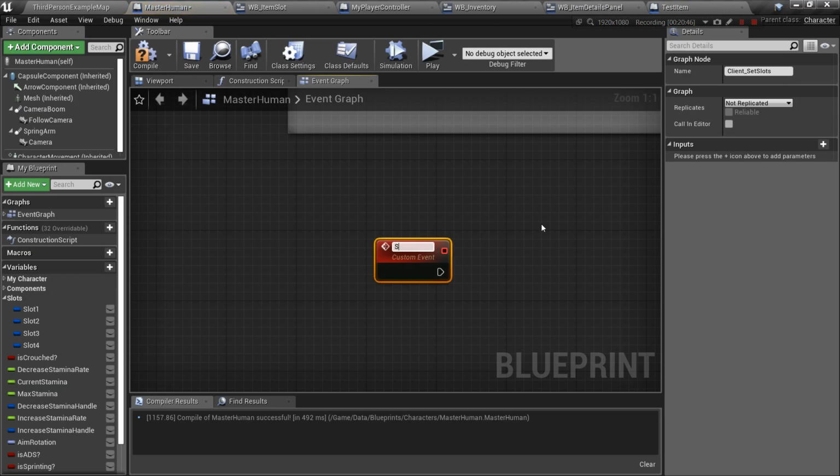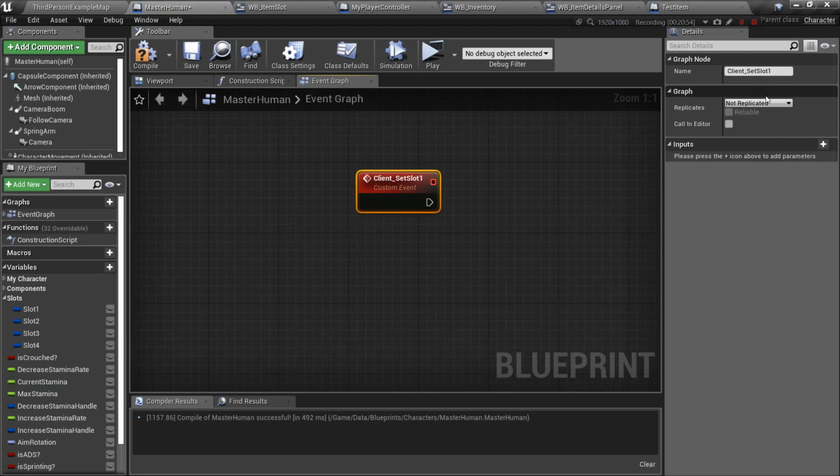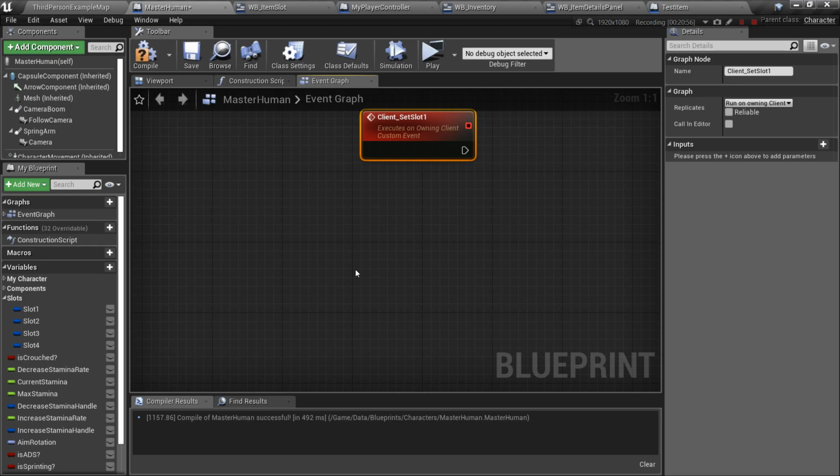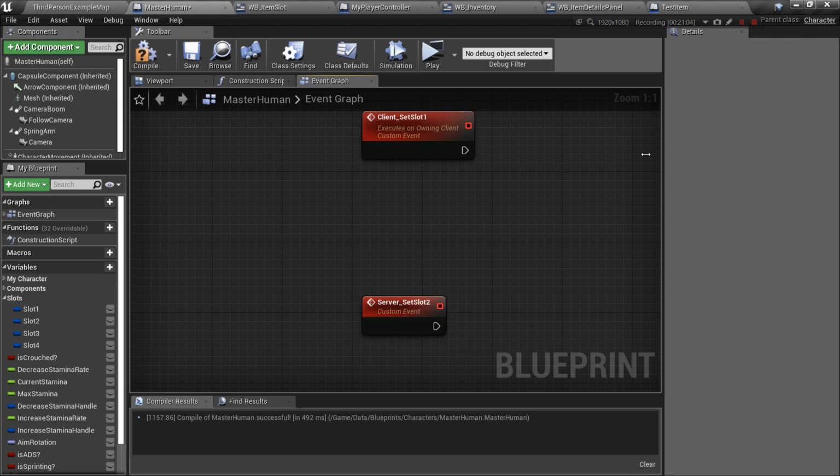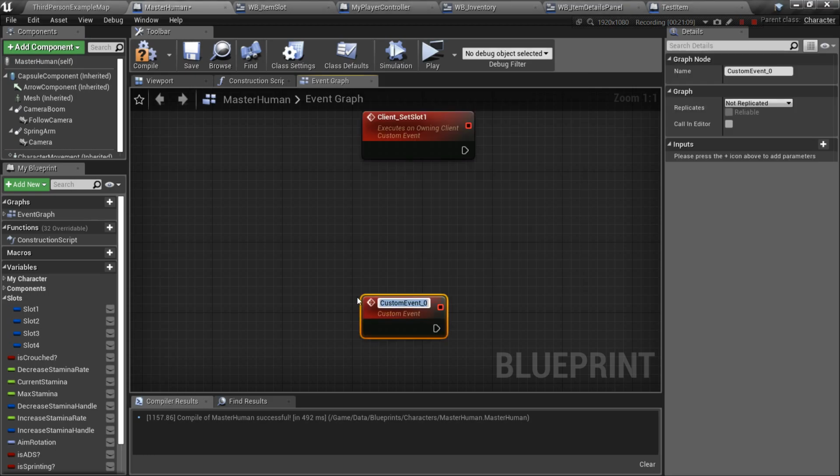And no, I'm actually going to need to separate them. So set slot 1, server underscore set slot 2. I actually don't need this. Yeah, I don't need to separate. I'm sorry, I shouldn't have deleted that. So I'm just going to say server set slots,